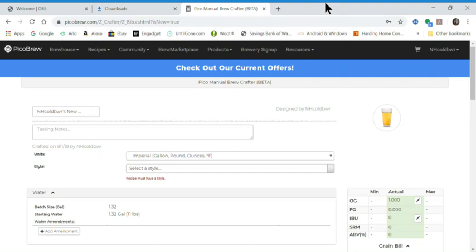Okay, so for today, I'm going to do a quick video on using the Pico manual brew crafter to convert a 5-gallon recipe. So as you can see here, here's where you can have a title for your beer. In this case, I'm going to do what's called a Patter's beer. So I'm going to just click in here and I'm going to